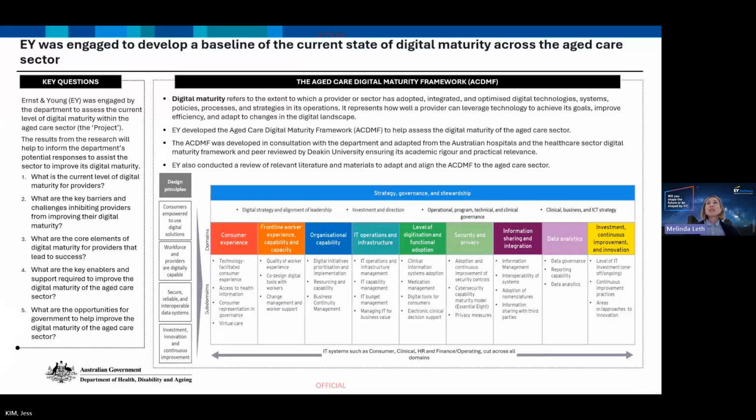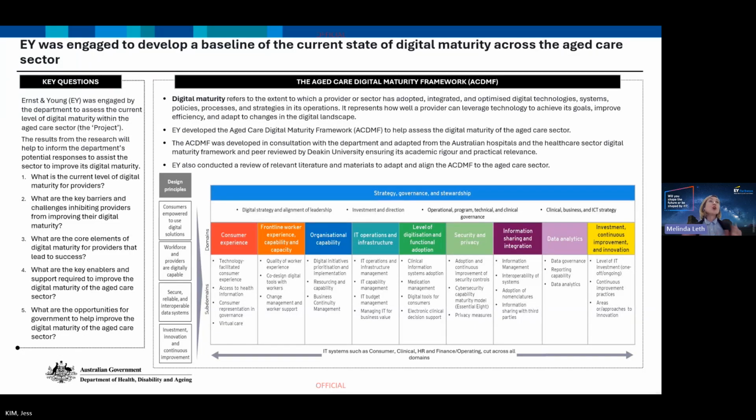Hopefully for those who selected on the survey or the self-assessment to identify themselves, you've also received your individual benchmark report. And hopefully those reports were useful to you in terms of understanding your level of digital maturity, not only at a total score, but across each of these 10 domains, and give you a sense of how your progress is against the rest of the sector.